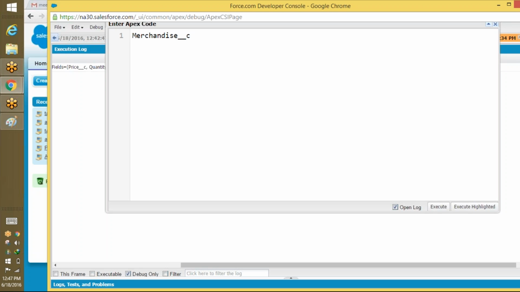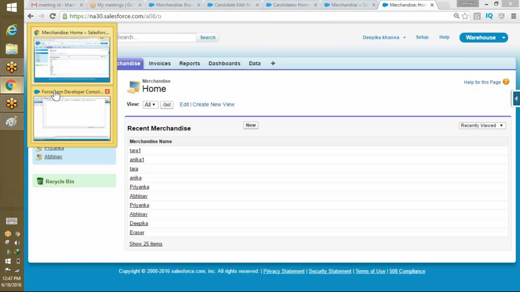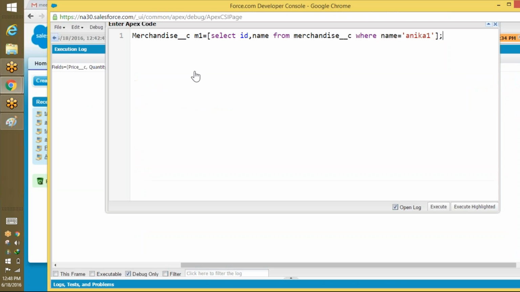underscore C, M1 equals, I'm going to use the select statement, select ID, comma name from merchandise underscore C, where the name is equal to Anika 1, okay, where the name is equal to Anika 1, and then I want to delete it. So there is a record with Anika 1, right? So if I go back here, there is this Anika 1 here. Now I'm going to delete it. So this is going to be,